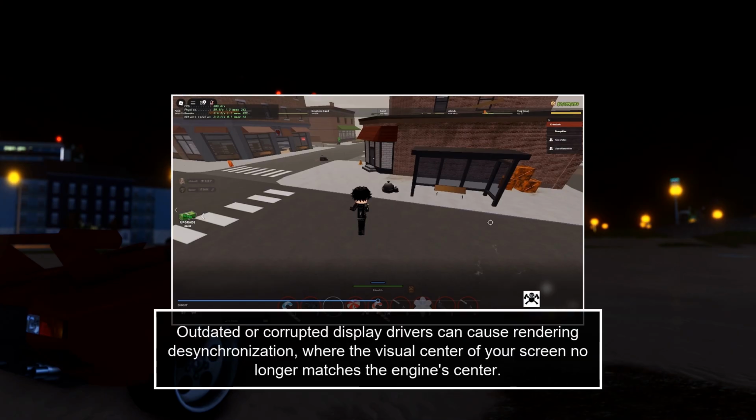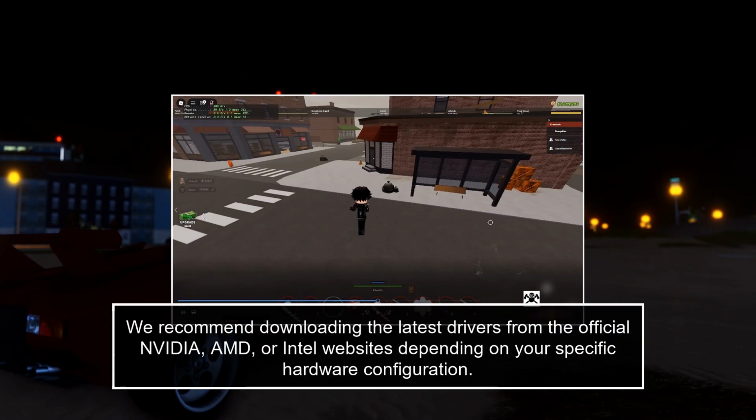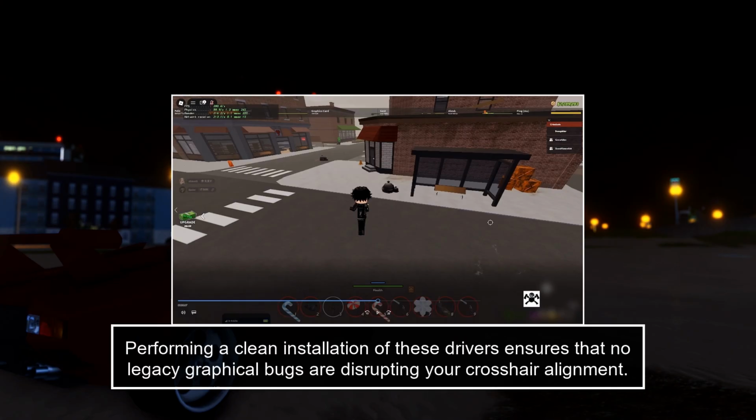the camera. Outdated or corrupted display drivers can cause rendering desynchronization, where the visual center of your screen no longer matches the engine's center. We recommend downloading the latest drivers from the official NVIDIA, AMD, or Intel websites, depending on your specific hardware configuration. Performing a clean installation of these drivers ensures that no legacy graphical bugs are disrupting your